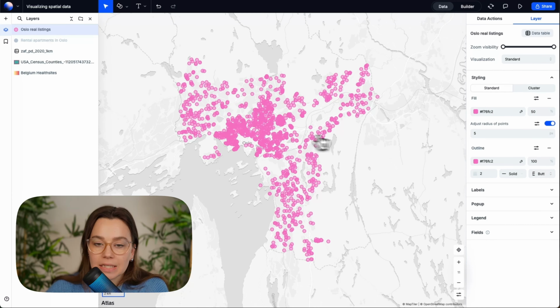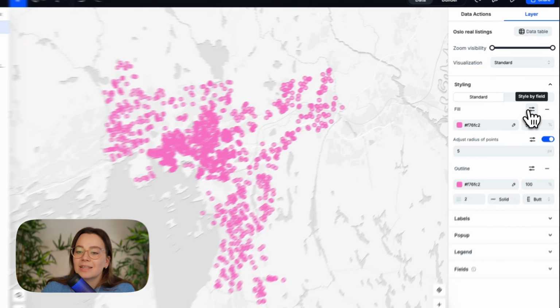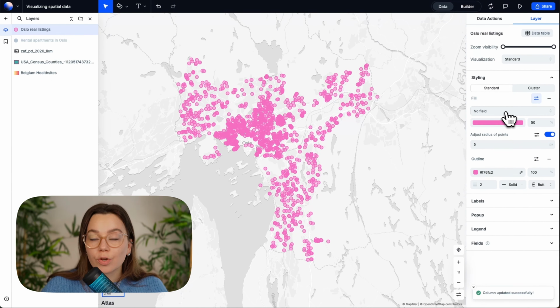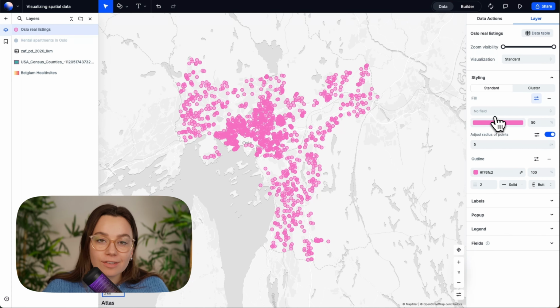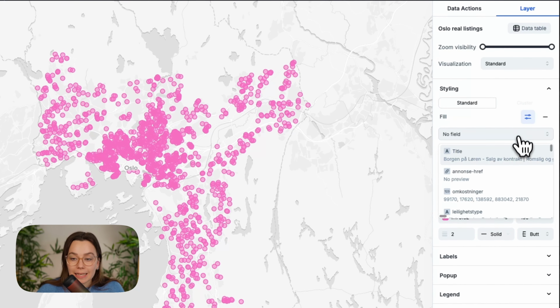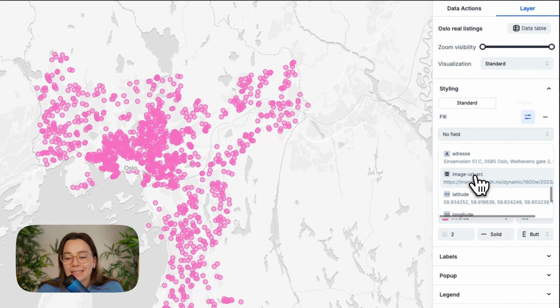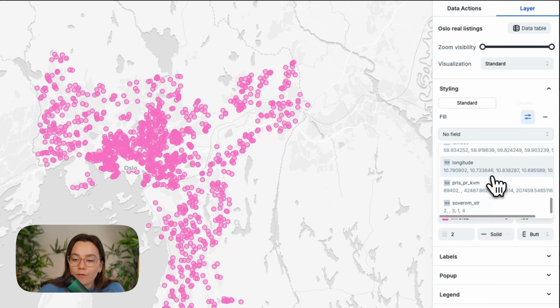So right now we just have these pink points, which are kind of cute. We want something more informative. So let's go and style by field. So we will choose a field that we will style the color based on. And then we can also style the size of these points based on a different attribute. But let's go and see our list. So we have different types of things. Some of these are in Norwegian, some of them are in English, a bit of a mess, but